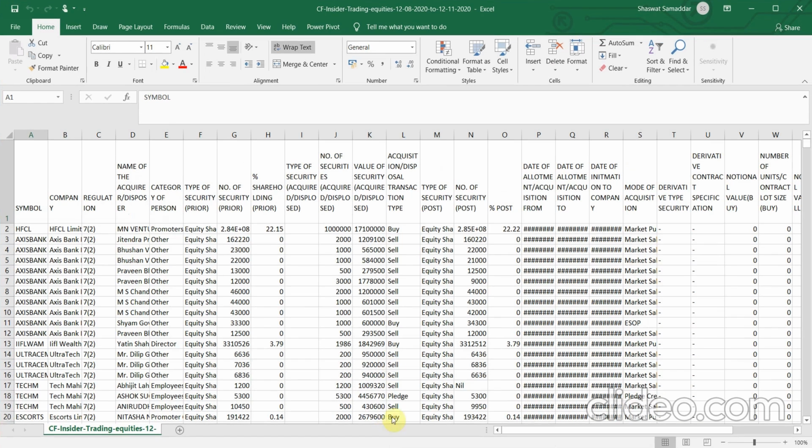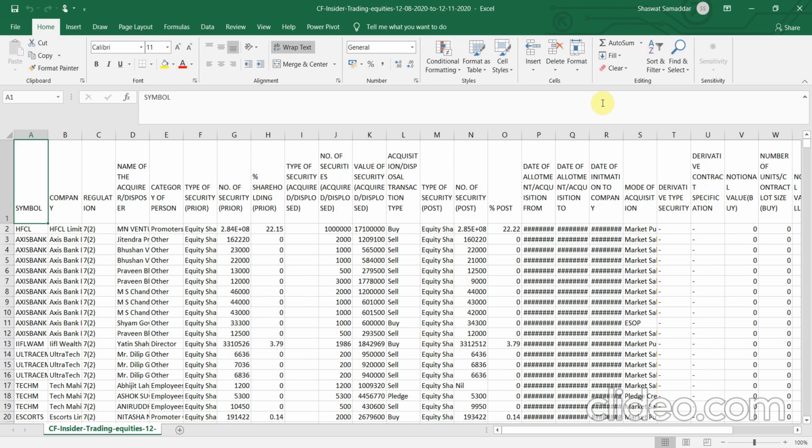Let me quickly open this Excel sheet. As you can see, the name of this Excel sheet mentions the dates this report includes, from 12th of August to 12th of November, that is exactly 3 months. Don't get worried, guys. As you can see, this is quite a big worksheet to handle, but we don't have to crunch each and every detail present in this Excel sheet.